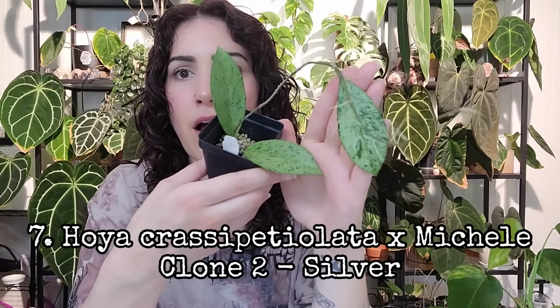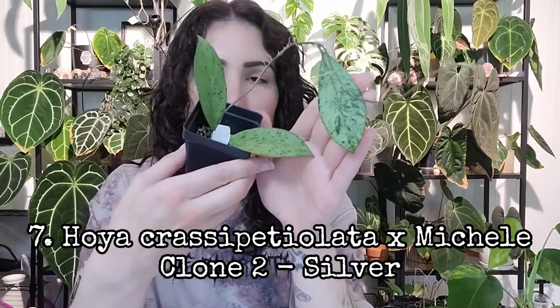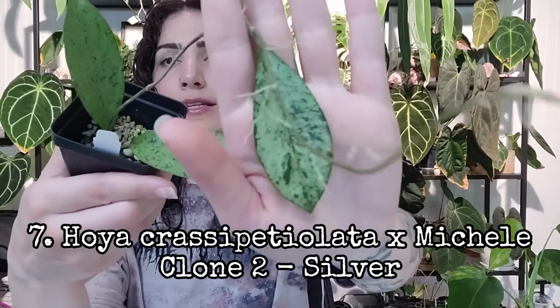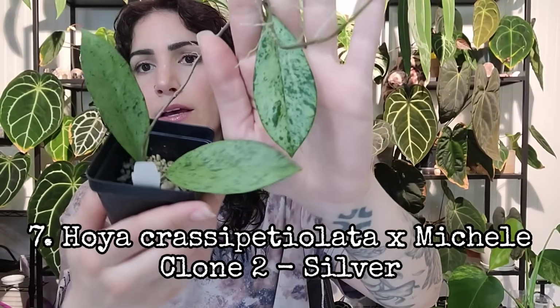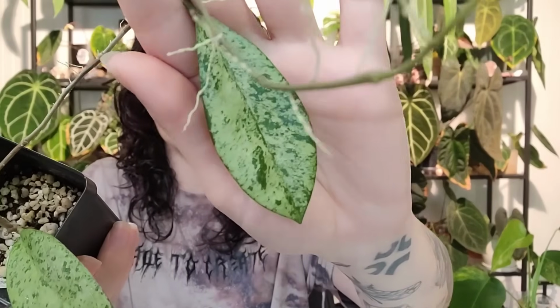And this is my Hoya Crassipedialata crossed with Mikuel. I think it's Mikuel because it's not Michelle. It only has one L, but everybody always says Michelle. And look at her. This is the clone number 2 silver. So there are other ones that are more splashy that are definitely going to be cheaper and easier for you to get, but this was like a $200 plant. She was so tiny too, but she put out this new leaf here in my hand, and look at her. She's freaking